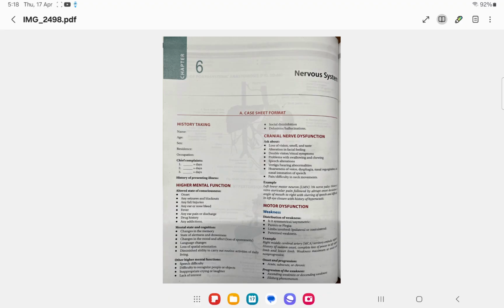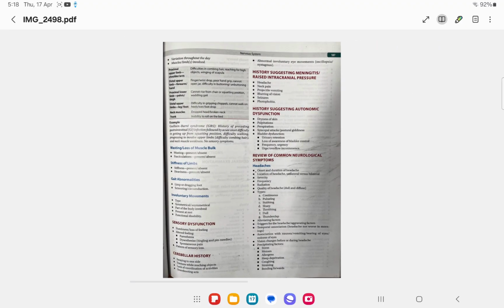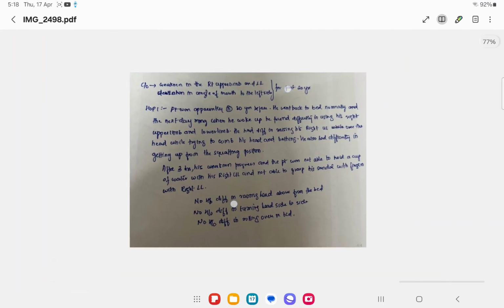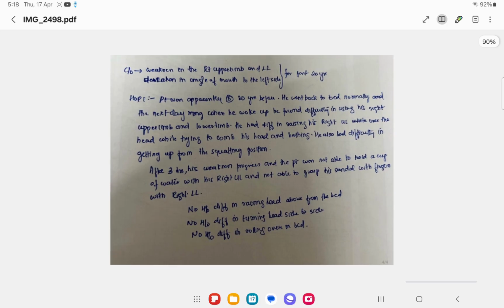Okay, so next, for example, a patient is coming, a 63-year-old male, with weakness. First, what are the things you have to ask? First you have to go with the motor system. If you take this case now, chief complaint of weakness in the right upper limb and lower limb, deviation of angle of mouth towards the left side. It's not 20 years; maybe this patient will come half an hour or 2 hours before, because look,